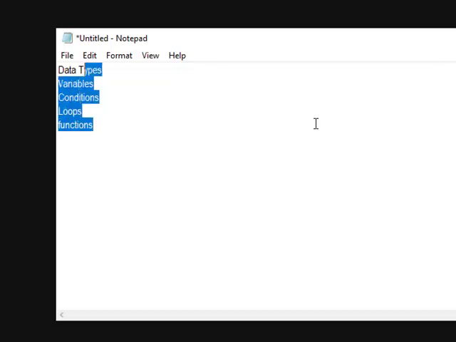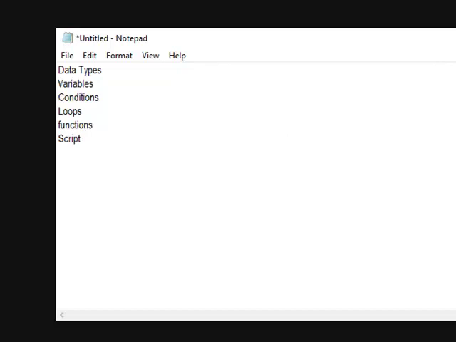Only syntax may be changed, but these are the things mostly used in any language. And one is called a script.